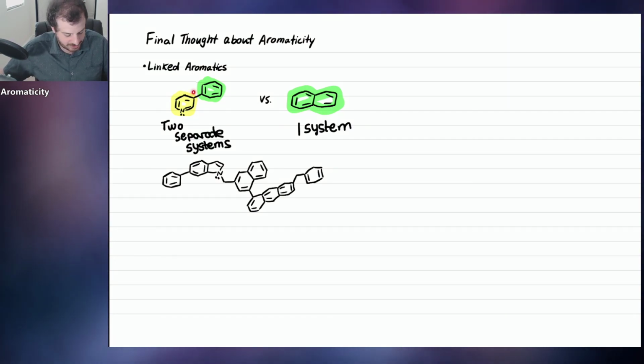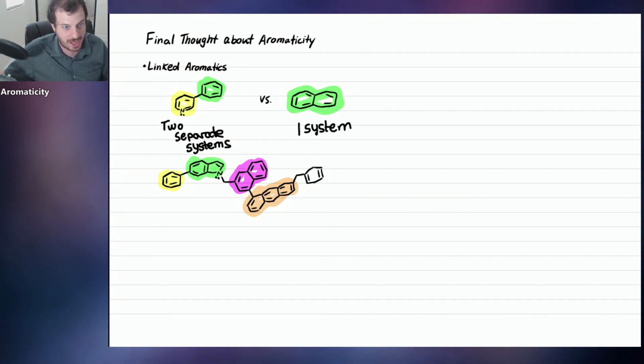See how these two aromatics are kind of linked together with this bond, versus this is all just connected, fused together. Let's try and count how many systems are in this crazy molecule down here. Okay, we definitely have one over here. We have another one over here. We have another one right here. We have another one right here. And what about this guy? Is this guy aromatic? No, because we've got sp3 hybridized atoms in the way, so that blocks the planarity. So that is a non-aromatic thing dangling off there.